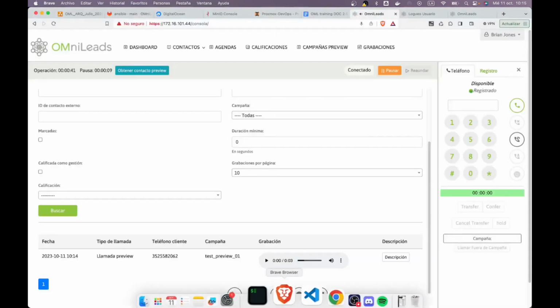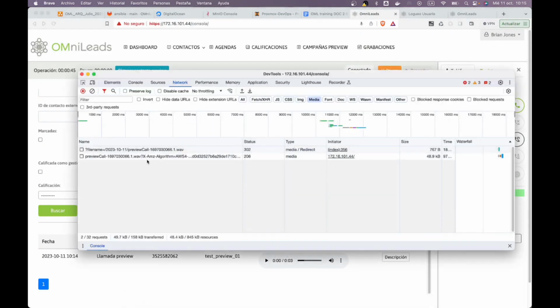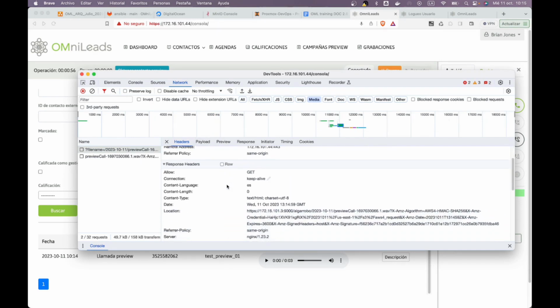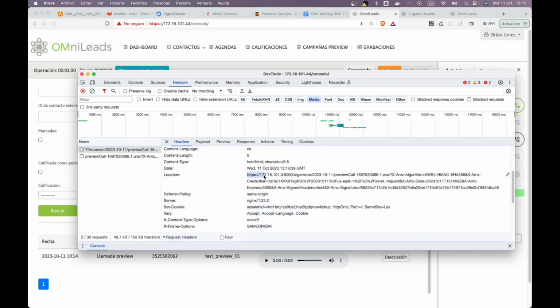So I want to look at this in DevTools. Notice that the request we do goes to the IP address of the instance. However, well, not that. Django itself responds. Notice